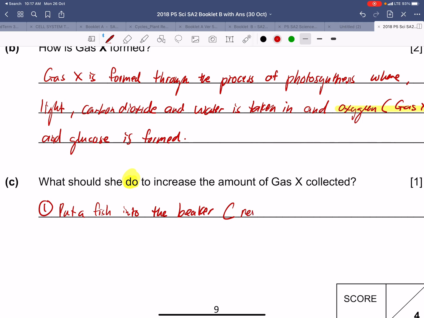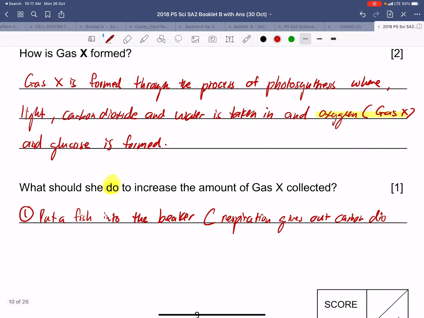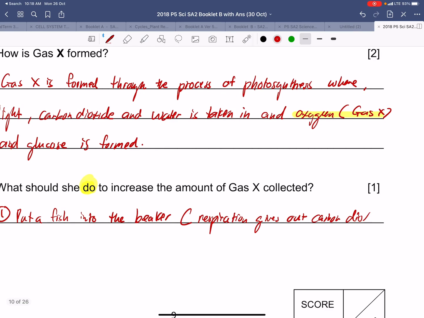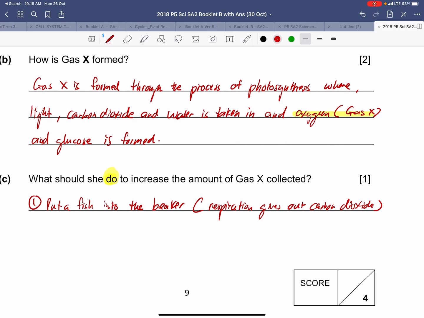Respiration will give up carbon dioxide. So when you increase the amount of carbon dioxide, you will also be able to increase the amount of photosynthesis, thereby yielding more oxygen. The second way is to increase light intensity